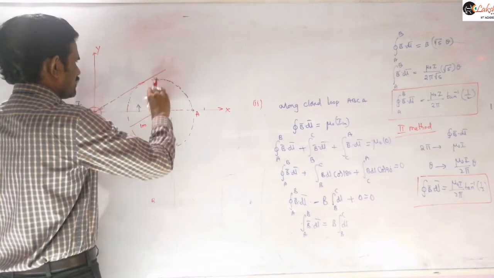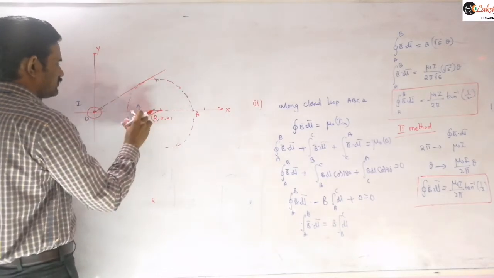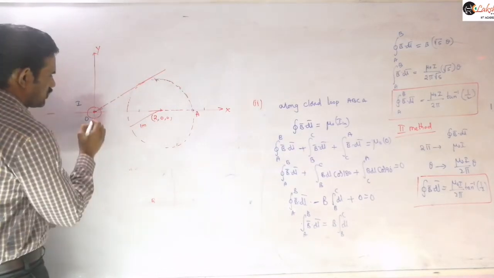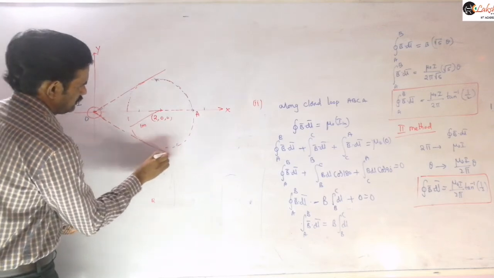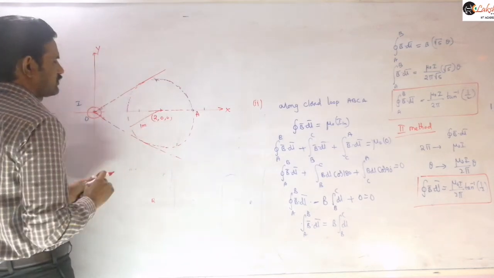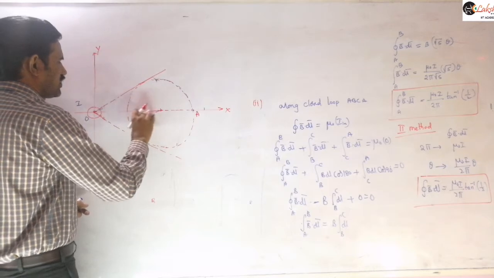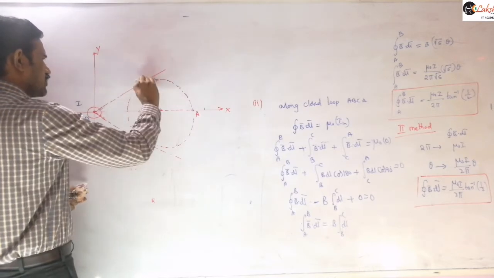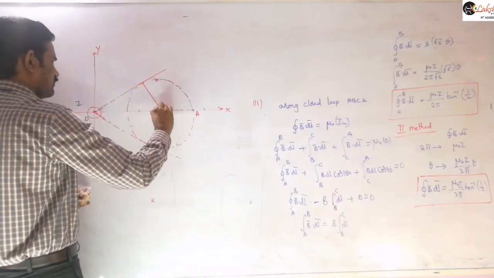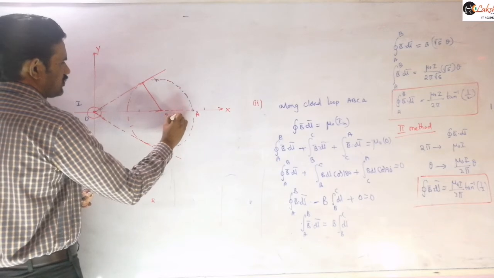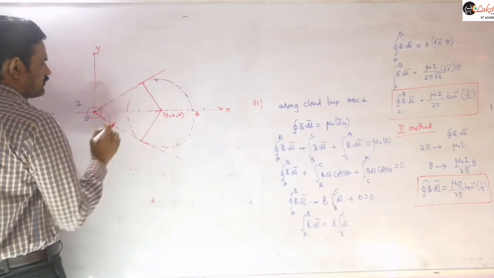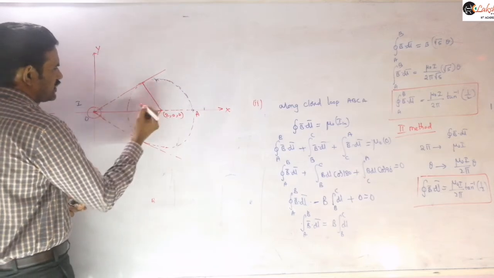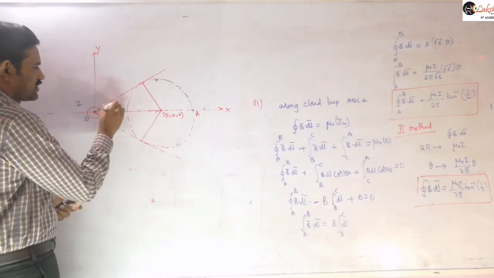So draw these tangents which pass through this origin. Then you can draw another tangent here, right? And what you can identify here is you can draw the normal here. This is (2, 0, 0), which is our center, right? So now this angle you can consider as some phi.